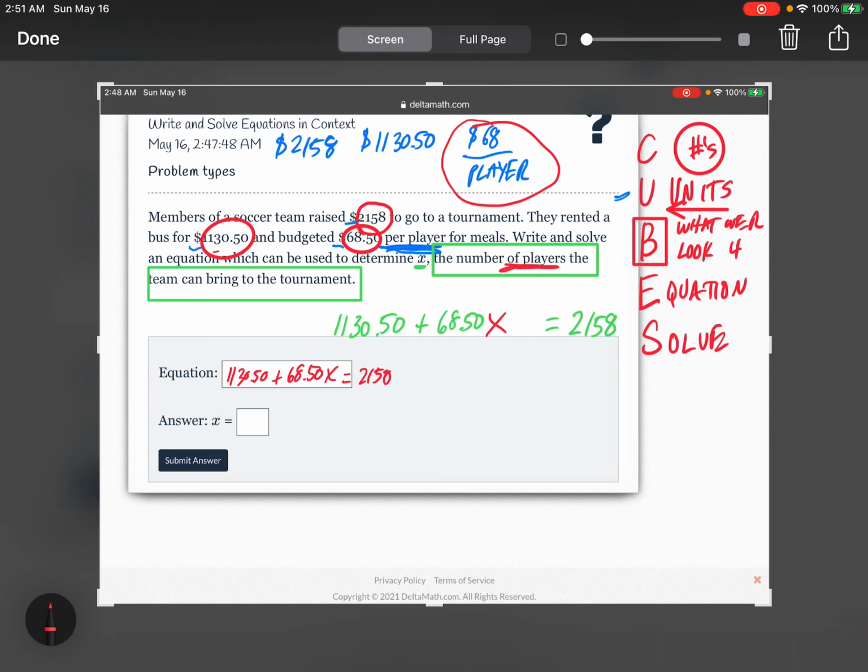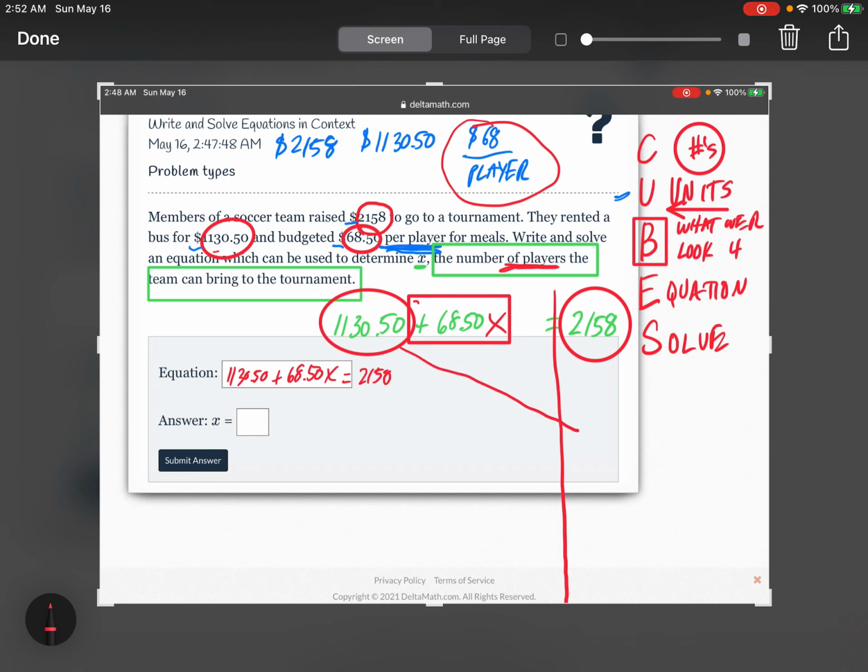So now I'm going to do boxes and circles to solve this. I would put this number in a circle, this number right here in a box, and this number here in a circle. Draw my line down the middle where the equal sign is, and I'm going to take this circle and move it over where this other circle is, because circles want to be with other circles. But if I cross the line, I must change the sign. So this is going to be negative